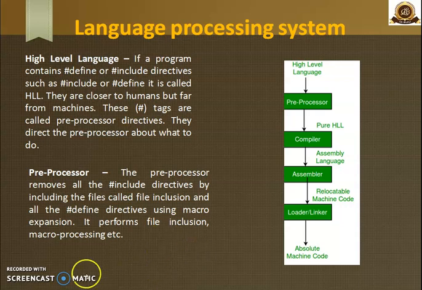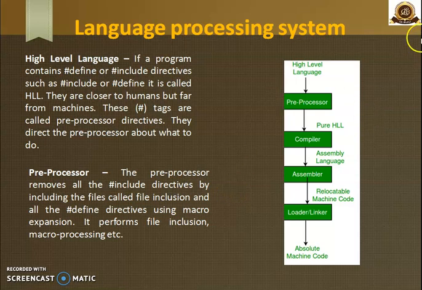And the second one is the macro expansion. Macros are nothing but a small piece of code. As we know that function calling is a very overhead, but macros are simple. So if you change the value of hash defined constant, it will automatically get reflected. So it is called as macro expansion. So preprocessor has two responsibilities, file inclusion and macro expansion. So the next phase is compiler.